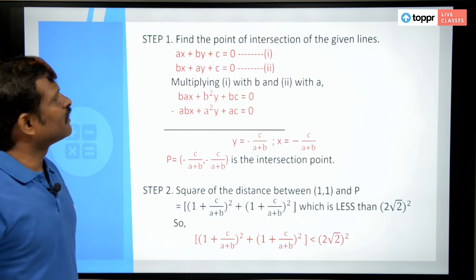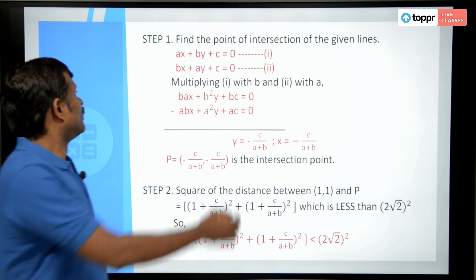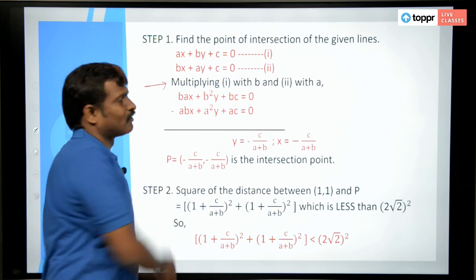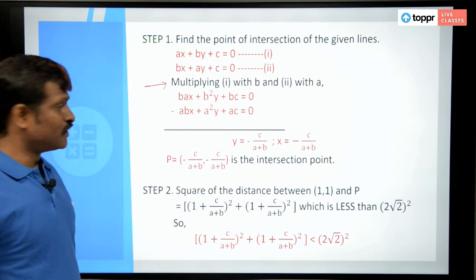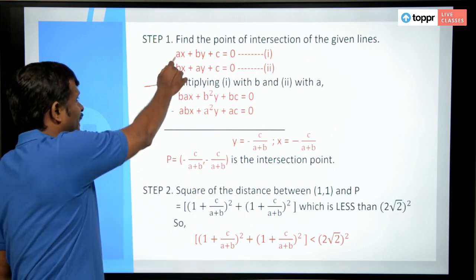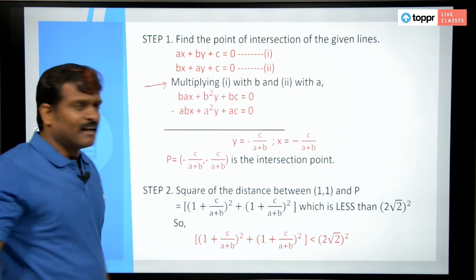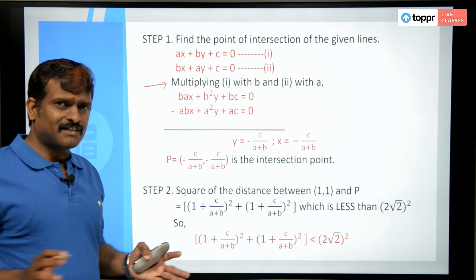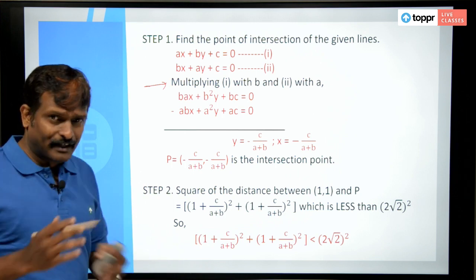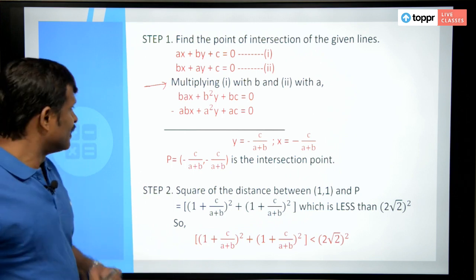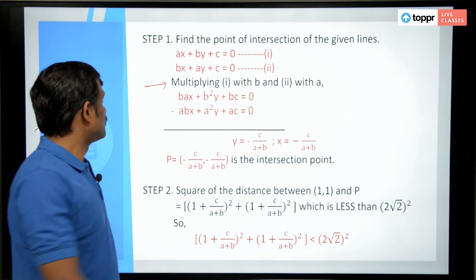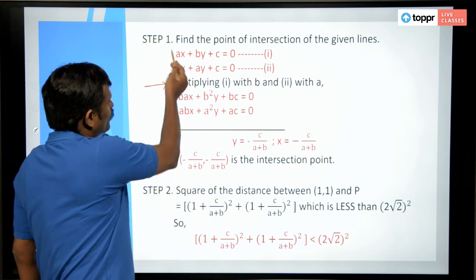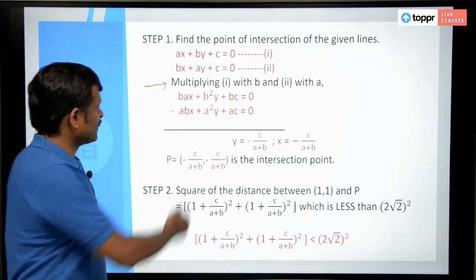So, find the point of intersection of the two given lines by multiplying and equating the quotients. We call it the elimination method, whatever you call it, multiplying this with b and this with a. This is simple simultaneous equations, guys. I do not think I need to explain it in much detail, but I will walk you through at a brisk pace. I am multiplying this with b and the second equation with a, and when I subtract,